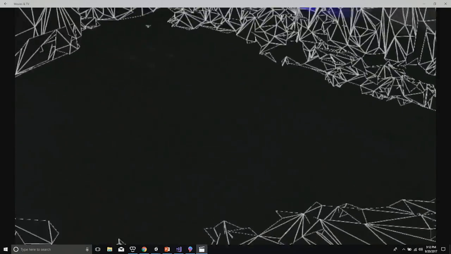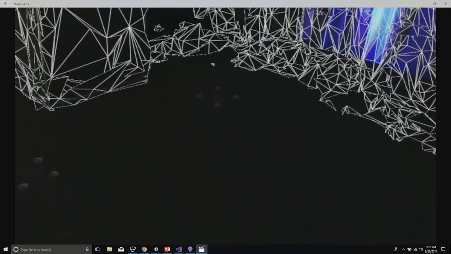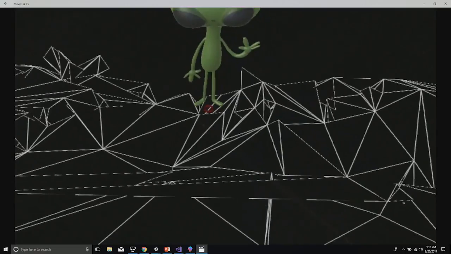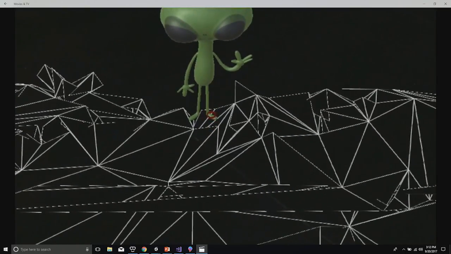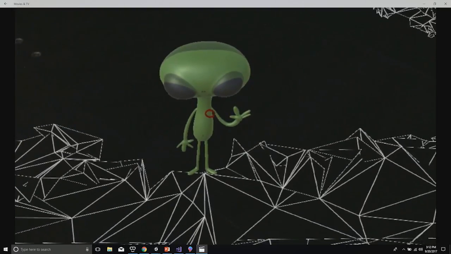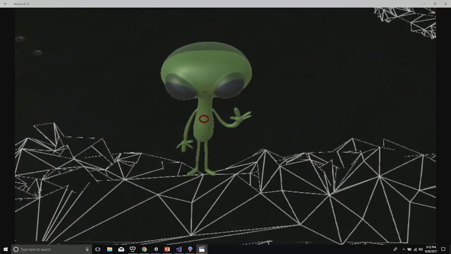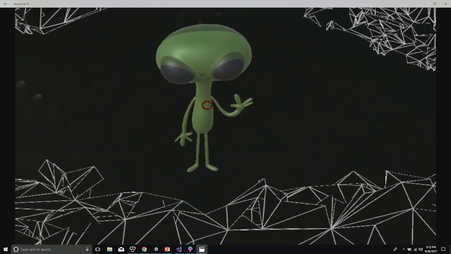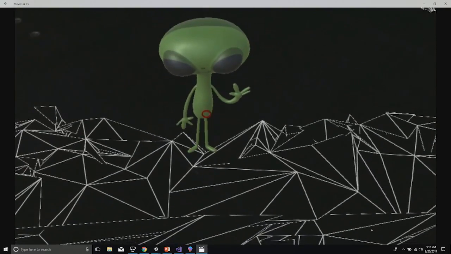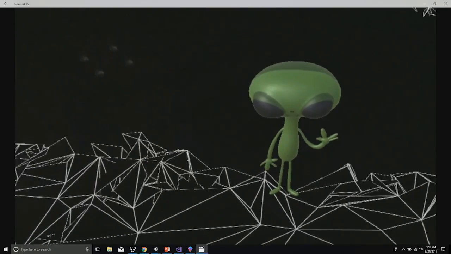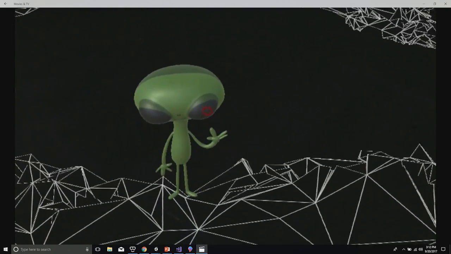It's trivial to do that. And then in a minute, I'm going to give that alien some gravity, and you'll see what happens when he falls down. You'll see he fell down right there, and he actually stopped at the floor. So he literally collided with the floor. And this is mixed reality, right? This is the concept of a digital object, which is our alien, interacting with a physical object, which is our floor. It's that convergence of these two realities that we call mixed reality, and that's what Microsoft's vision is for